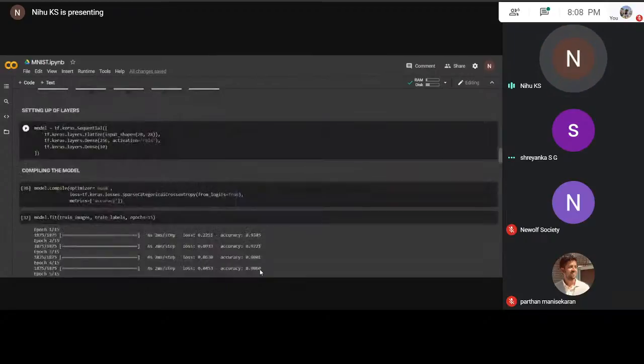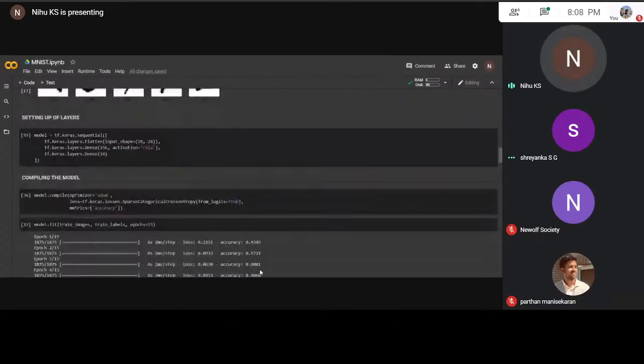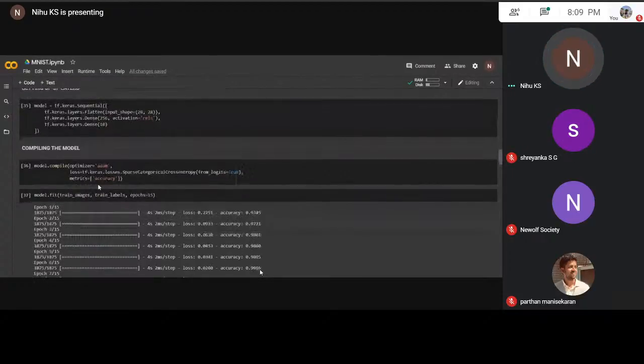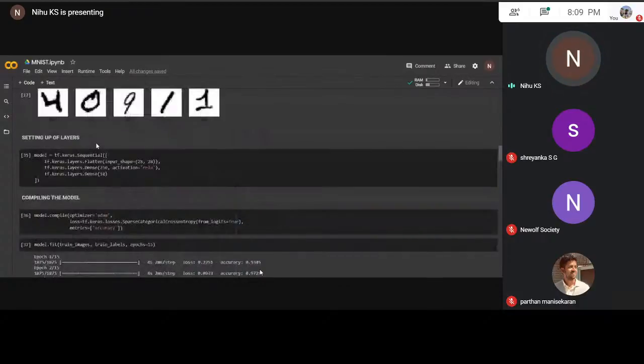And next comes the building of the model, where we are setting up different layers. In the first layer, we are just converting the 2D array into a single 1D array. Hence, we're using the flatten function. And in the second layer, the processing happens. That is why I've taken 256 nodes and used the ReLU activation method. And in the output, since there are 10 different classes, the output layer has 10 nodes total. So here we set up the layers.